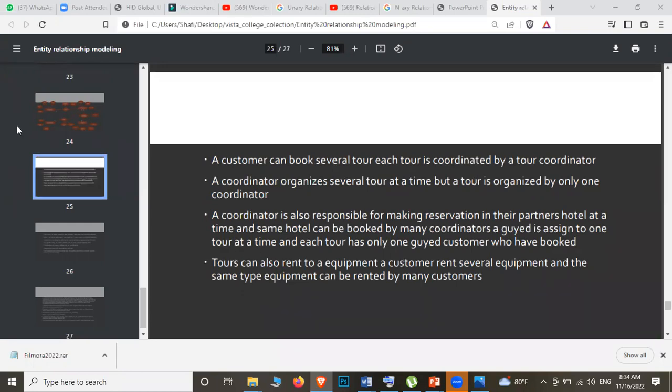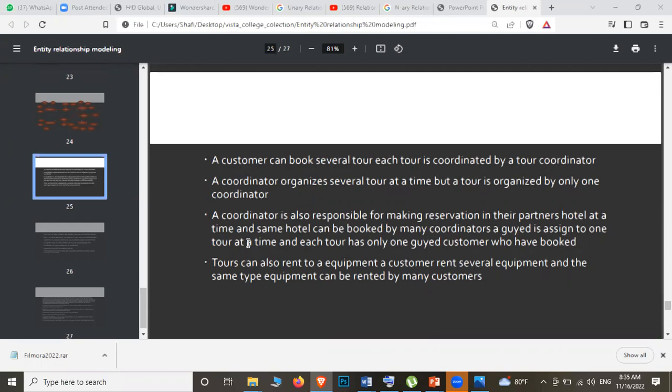Equipments means like bag, all the other things, whatever is related to the tour. Like it could be a piano, to have fun, we just take things with us, right? So they have a lot of such equipments. Customers can order equipments as they want in this tour and use them.